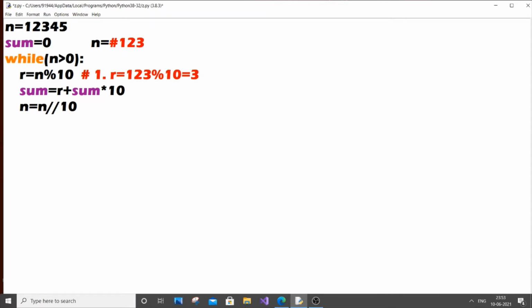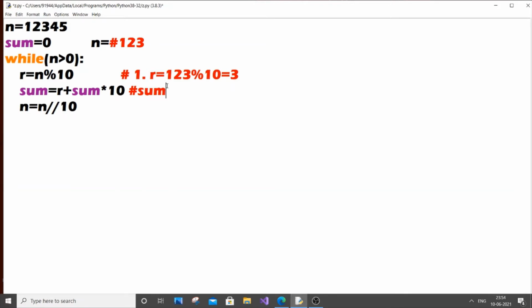This is during the first iteration, where we get 3. Our next step is sum, which is where we get the reversed number. We will finally print sum because it will contain the reversed number at the end. Initially sum is 0, which is why we initialize sum to 0. This is quite common in many programs, otherwise some garbage or junk value will be stored in that variable.